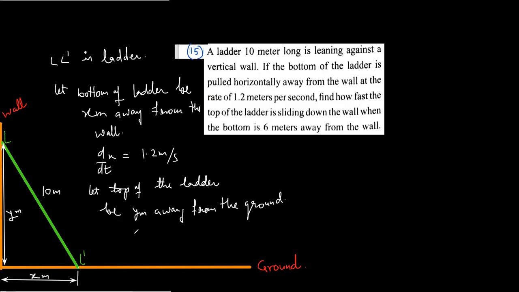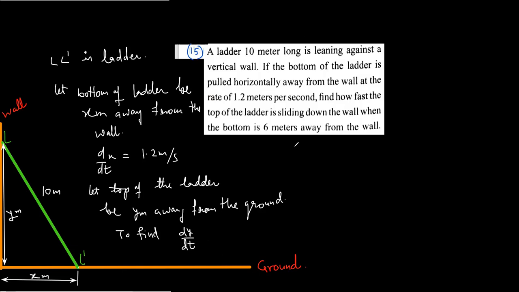So my dear students, what I have to find? To find dy by dt. Okay, so here see what I will write. I know dx by dt and I want dy by dt. So it is Pythagoras theorem that will get me the relation between the two. Remember, the relation between the two is very important. So what I do here, I write here that dy by dt is